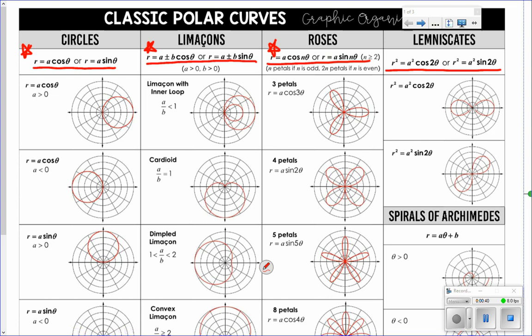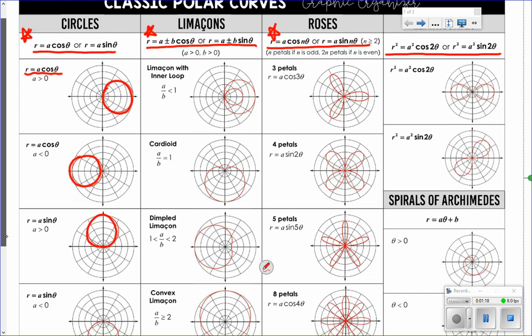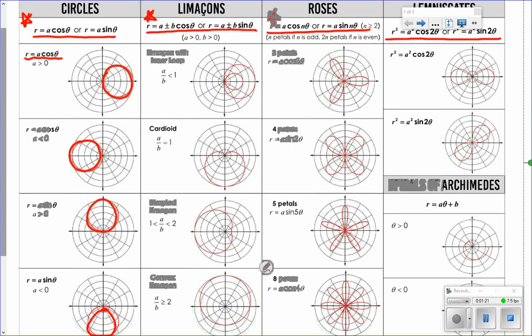You can tell which type of polar curve you're graphing just by the form of the equation that's given. A regular basic circle will have r equal to some number times cosine theta or sine theta. Whether the number is positive or negative for cosine will determine whether the circle is to the left or to the right of the origin. As for sine, a positive would be above and a negative would be below the origin. Hopefully that makes a little sense too, in terms of cosine being associated with the x-coordinate and sine being associated